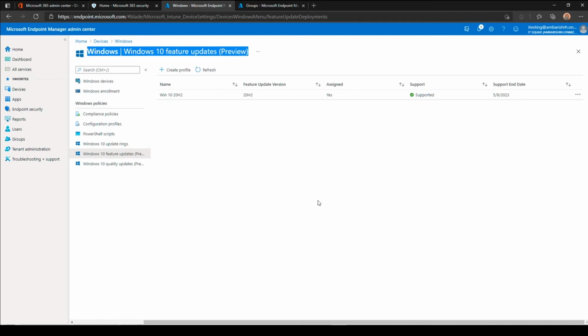Some rings I've created with enough deferred dates to have the latest feature update blocked. I've given 1 year, for example, so that before that I get enough time to make sure every version is updated, everything is supported, all business applications work well, and then I can just create a new profile and then push it. So now we have created a feature update ring, we have created an update ring,